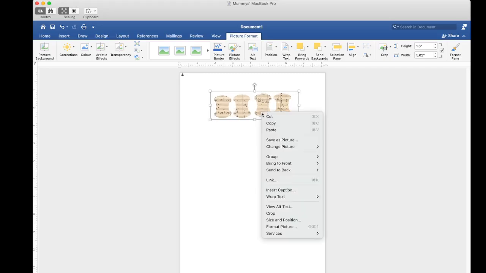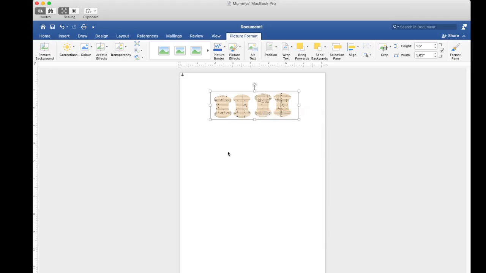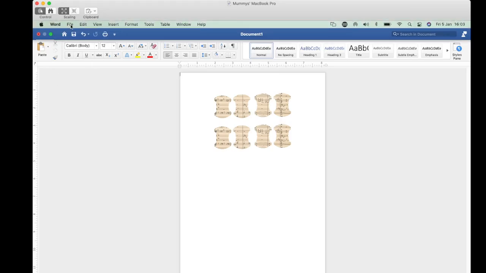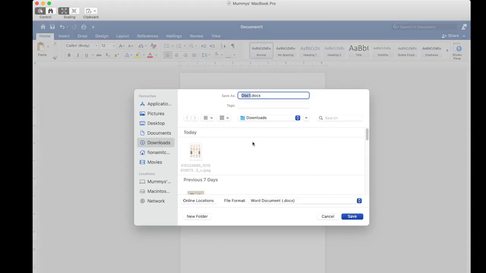You could right click and copy and paste if you wanted more versions of the same. If you wanted to make the most of your paper, fill it up, and then you just print it as normal. So there we go. Now the last step is if you go to the top, File, Save As, and then save that as whatever you want, call it whale tail music tags or whatever,